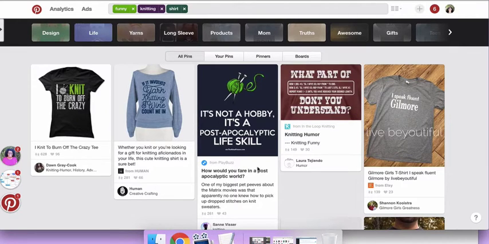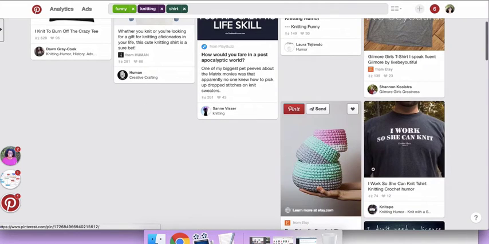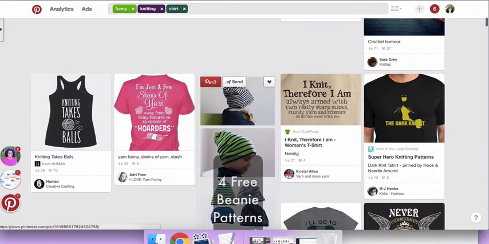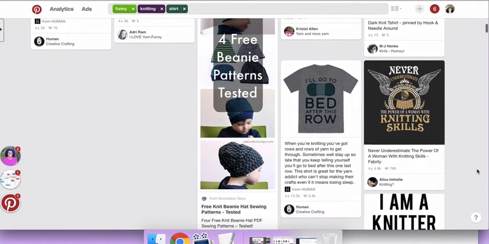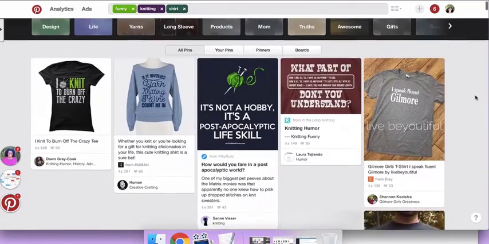This one too could be a very good word-based design. There's not much. Let's see here. I work so she can knit. That's cute. That would be another one. Knitting takes balls. I'll go to bed after this row. That's a fantastic one, and I know I would totally buy that too. So there you go. Here are more ideas for different things that would do well that we could put easily